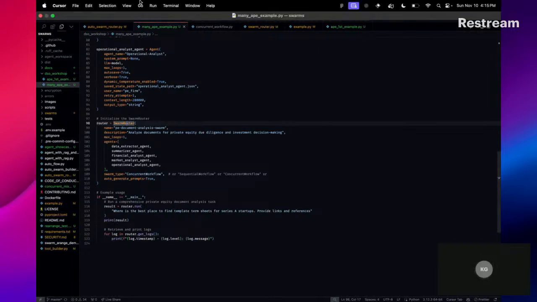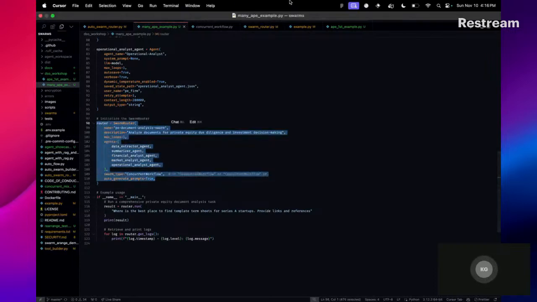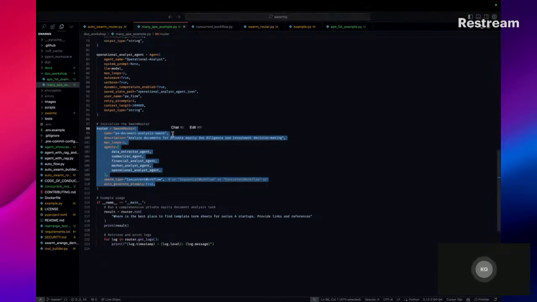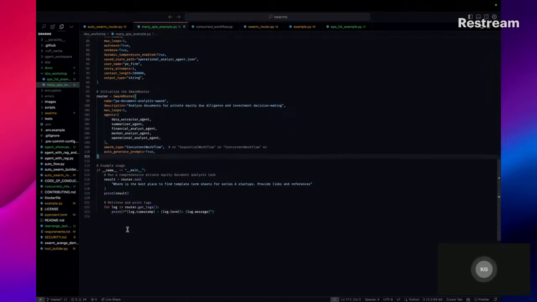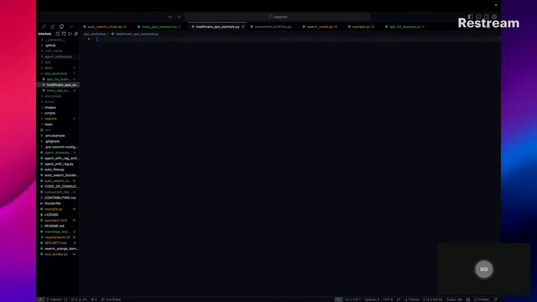And that's what's happening here. It's telling each agent you should generate your own prompt. We could do another example for healthcare. So we see the healthcare example.